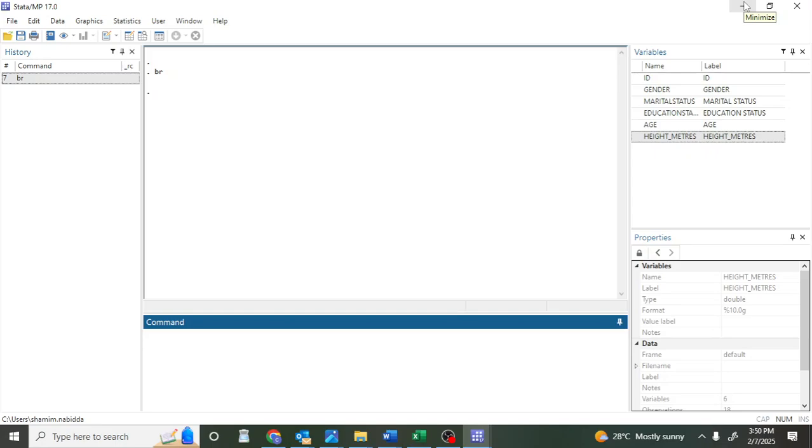What we want to create is height squared, or height times height. So we come under our command window, we type generate. Generate is like creating, and its short form is GEN. You can write it in full, you can write it in short. What do you want to create or generate? We want to create height squared. And height squared is going to be equal to, we open brackets,